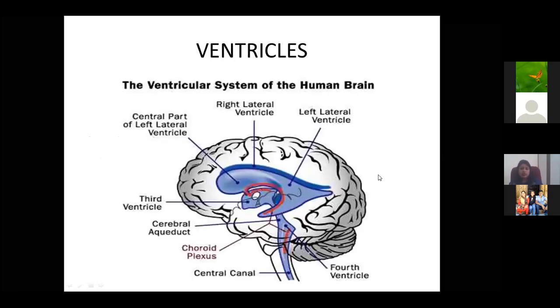So this is the pathway. You have the lateral ventricle. Again, the lateral ventricle is a C-shaped structure. Through the interventricular foramen, it connects to the third ventricle. Then from the third ventricle, through the cerebral aqueduct of Sylvius, it connects to the midbrain. From the midbrain, in the pons and the medulla, it continues as the fourth ventricle, then to the central canal of the spinal cord. So this is the pathway of the CSF along with the connection of the ventricles.